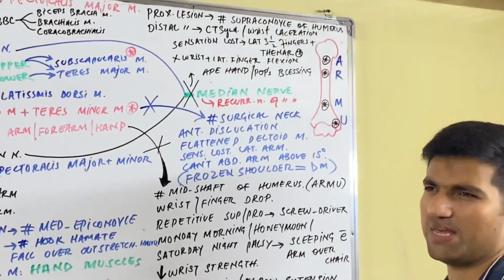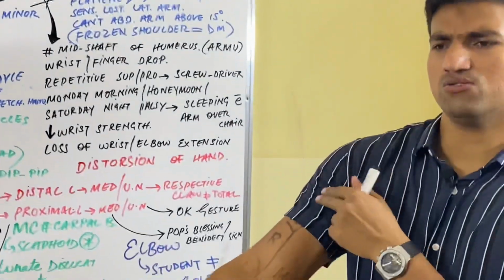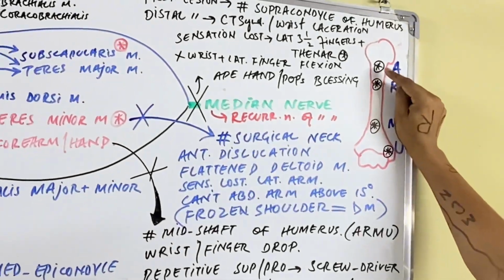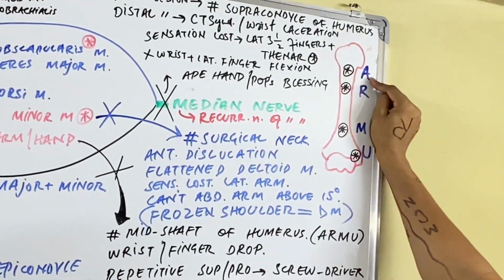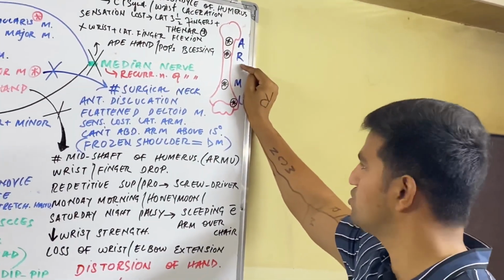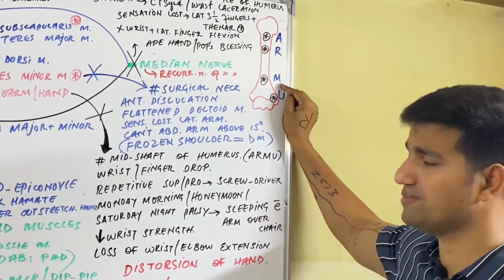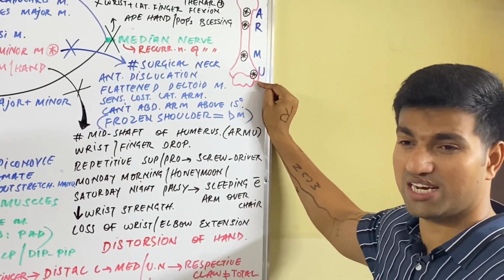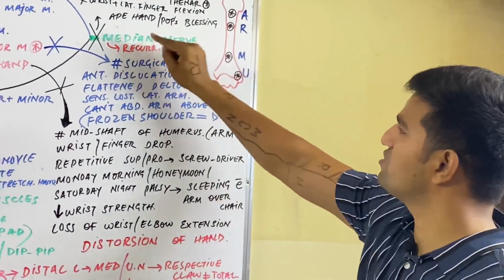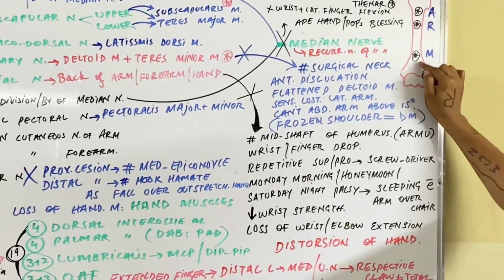This is the sequence of fracture of the humerus from proximal to distal side. If there is a fracture at the surgical neck of the humerus, then the axillary nerve will be damaged. If there is a fracture at the mid shaft of the humerus, the radial nerve will be damaged. If there is a fracture at the supracondylar part of the humerus, the median nerve is damaged. If there is a fracture at the medial epicondyle of the humerus, then the ulnar nerve will be damaged. So if we are talking about the median nerve, it means a fracture at the supracondylar region of the humerus.